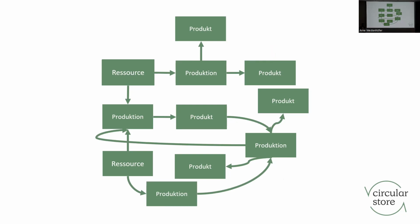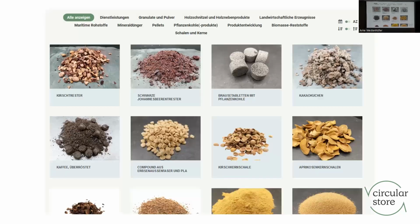I would like to present you with 3 options how we approach things in our circular store. The first approach is rather simple. We provide a platform for the material. So for example, for your new production, for your design, for your development, for your laboratory, you look for feedstock that you would like to test. And you come to our page, to our platform, you see